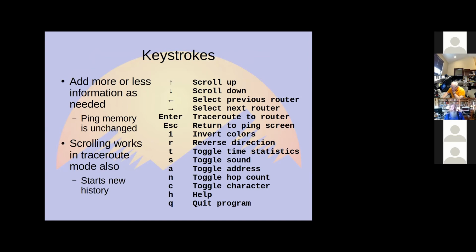The rest of the use of CPING is basically just interactive. So this is a summary of all of the keystrokes. You can add or remove information to make it a little bit more detailed or less detailed, and you can also do some scrolling back and forth. So I'll just show you,